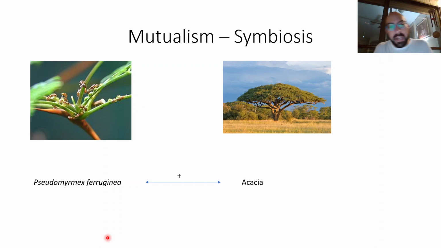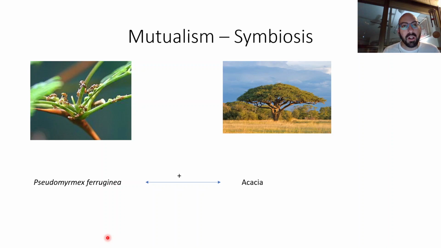Mutualism is a positive dynamic where both partners, both species in the interaction, gain energy from each other. So there are some species of acacia trees in Africa that produce food and shelter for ants, and the ants in return give them protection from predators and stop herbivores from eating them, thus them losing energy to their competitors. In this dynamic, both species in the interaction gain from living together. So we call that mutualism.